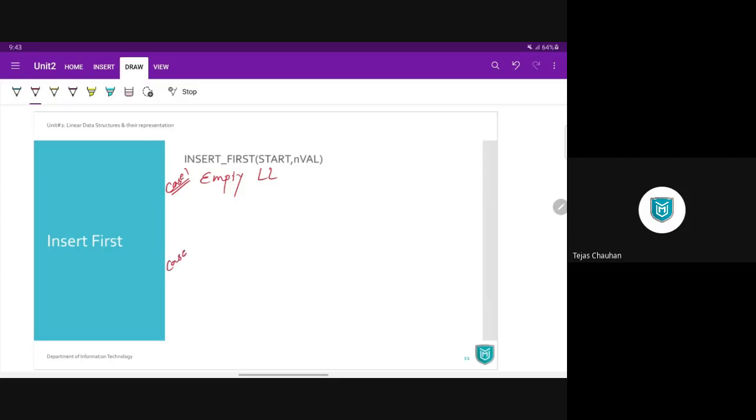And in the other case, what if you have some nodes? Well, in both these cases, if the linked list is empty, then my start will be pointing to null. And if I do have some nodes, then my start will be pointing to